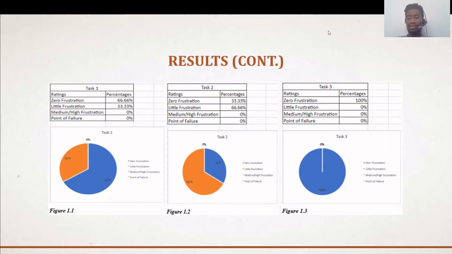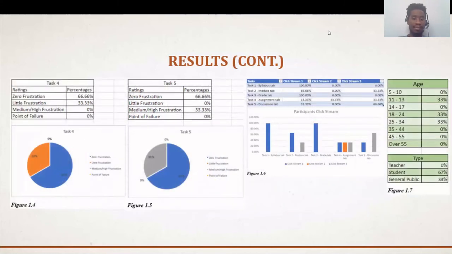Task 3, all the participants had no problem completing. Task 4 was very similar to task 1, where the majority had 0 frustration trying to complete the task. And then task 5 is very similar, except for one participant had medium to high frustration trying to complete task 5.